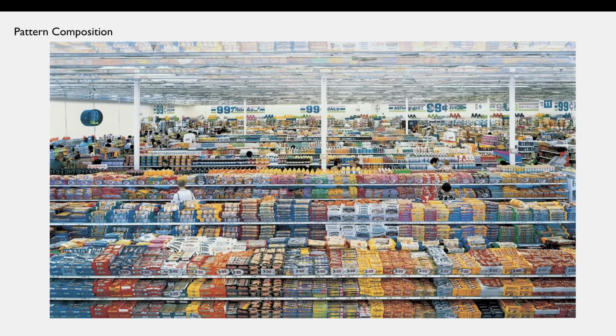Pattern compositions. Andreas Gursky is a famous photographer of the 21st century, and he often employs this strategy in many of his works. As we can see, the colors themselves are quite active and dynamic. They pop, they're loud, but the one unifying factor here is the commonality of these bars or square shapes, as well as the 99 cents. We can see 99 cents presented throughout the entire image, as well as those rectangular square shapes being presented in the shelves and the lining of the